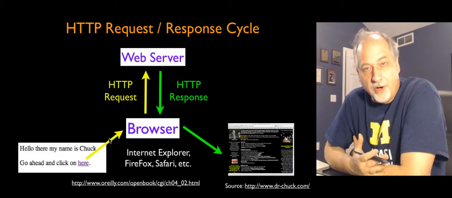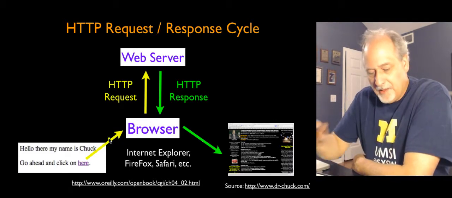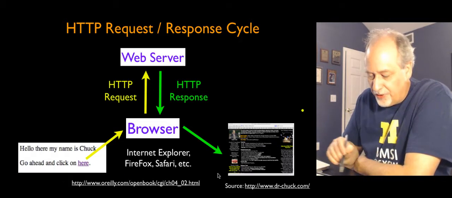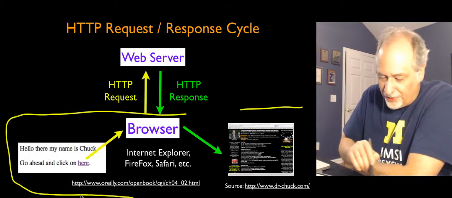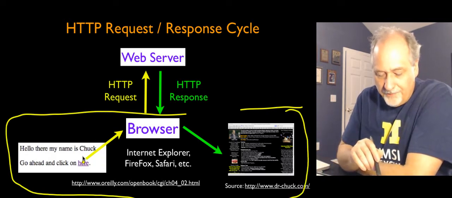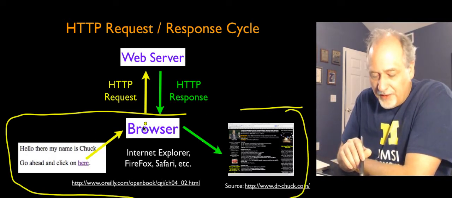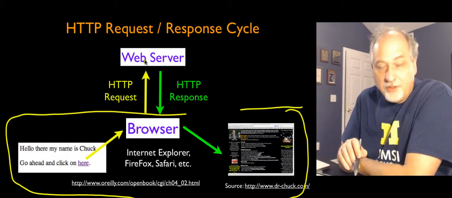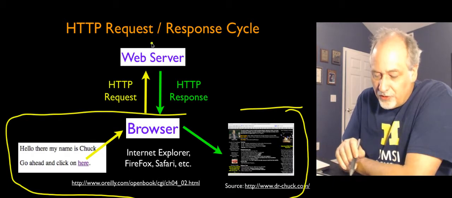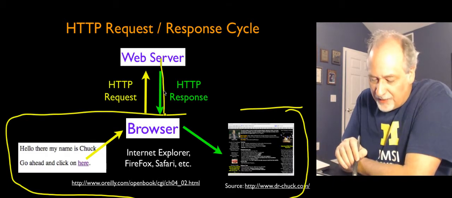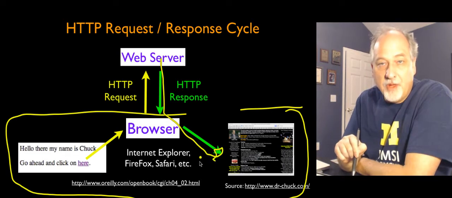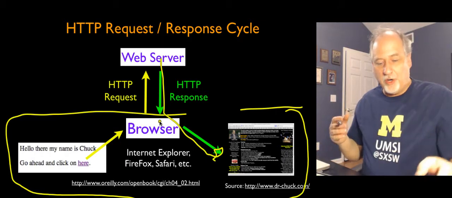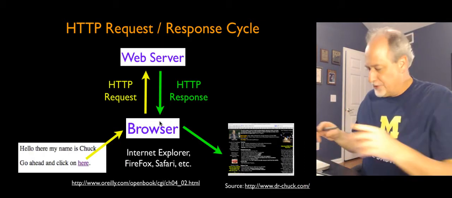Okay, and so the way it works is you're in a browser and you click on a link. The browser is an application. It's the client running on your computer. So this is kind of your computer down here. Okay, you click on a link. Then the browser makes a connection to the web server and sends a request for the document. The web server looks up, does whatever, and sends the document back, and then the document is displayed on your screen. Okay? So let me show you sort of how this works with a web browser.